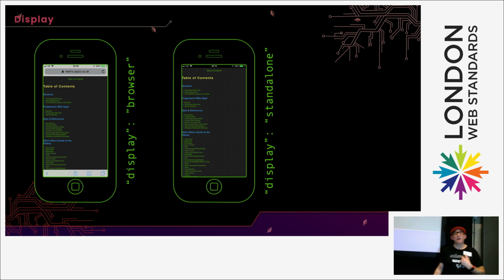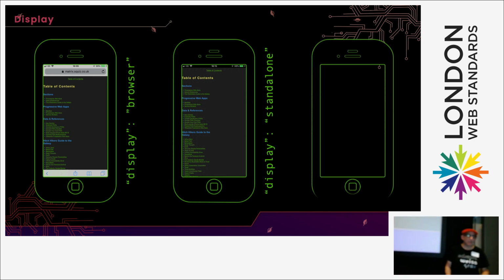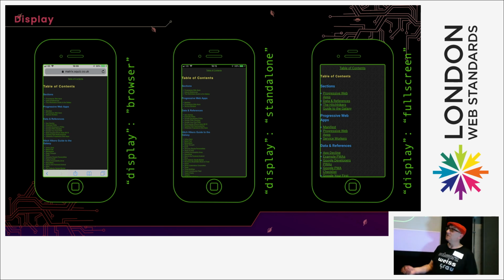I want to know how much battery I've got on my phone when I'm playing a game. Why do they take that away from me? But you can do that, and that's called full screen. And you can see here now, there is no battery and network connections. So that's what those display settings can do. Some browsers don't support this, but that's okay because it's progressively enhancing.